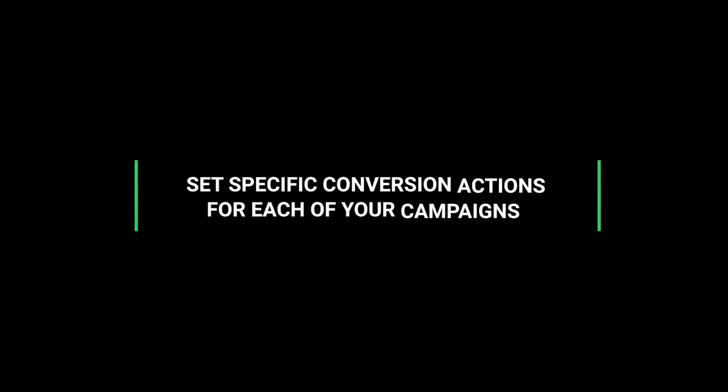Let's move on. The next thing I want to recommend is that you set specific conversion actions to be used in each of your campaigns. By default, a campaign is going to set up to use all of your conversions. So if you have an opt-in conversion, a webinar view conversion, application conversion, a call booking conversion, all of these things are then going to be added together, and Google is going to optimize for the total number of conversions that are coming in. I've even seen accounts where there were 2 different opt-in conversion codes generated and installed, and it was basically double counting every conversion that was coming in.